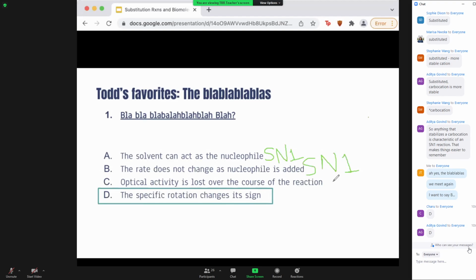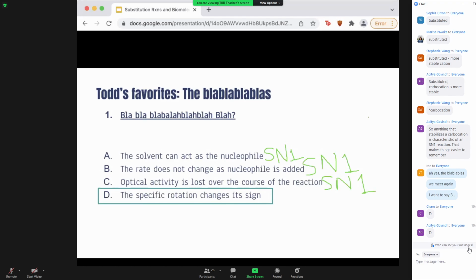And then C, optical activity is lost over the course of the reaction. So this is also SN1 because if you can recall, in an SN1 reaction, since you have a trigonal planar intermediate and the nucleophile can attack on either side, you have a formation of a racemic mixture, or a mixture of two enantiomers that rotate polarized light in opposite directions, and therefore they cancel each other out. And as the reaction proceeds, you'll lose the